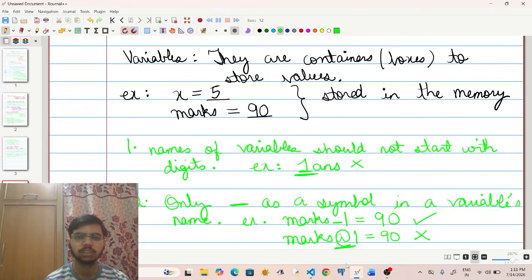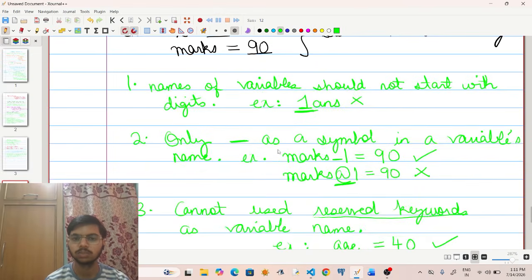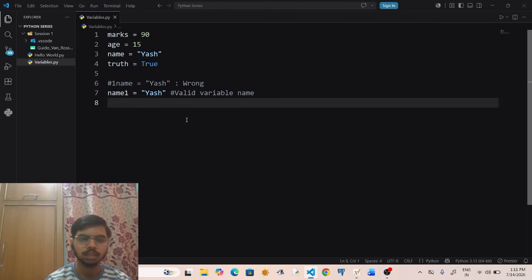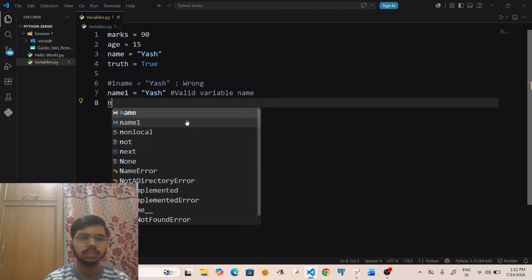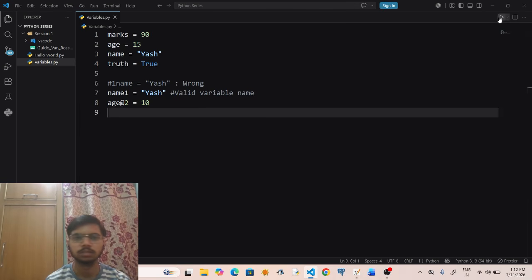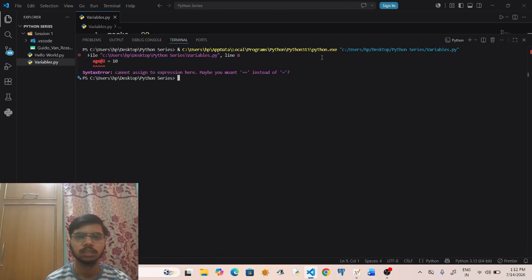Now, the second condition was only underscore as a symbol in a variable's name. Let me show you. Suppose I say age at the rate 2 is equals to 10. Now I will run this program. It will give a syntax error: cannot assign to expression.